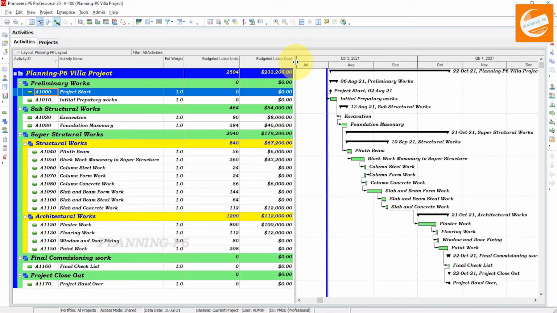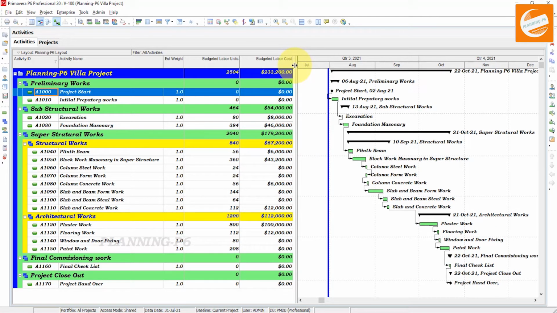Actually, this weightage is already defined in the contract, or your top management will decide it whenever they are going to bid for a project, or your estimation engineer is doing it. If you are preparing a schedule for bidding purposes, then you have to calculate all of these with the same method, with your cost or man hours which you have calculated. You can see here this estimated weight is here. If we don't calculate this estimated weight, it will be divided equally for all.